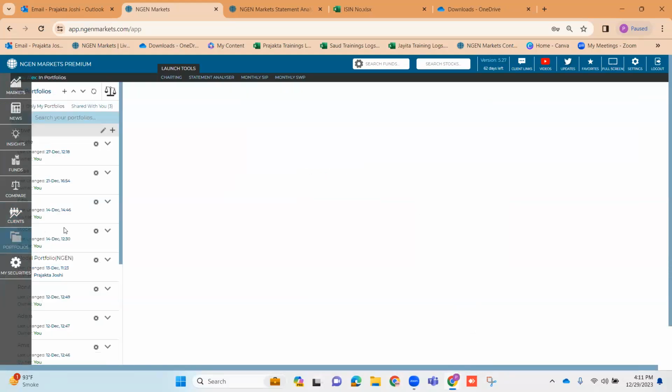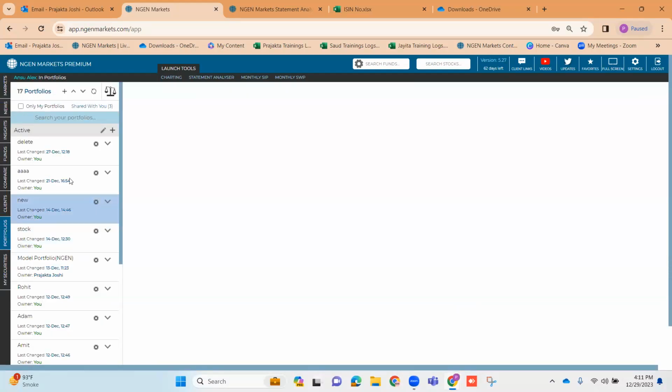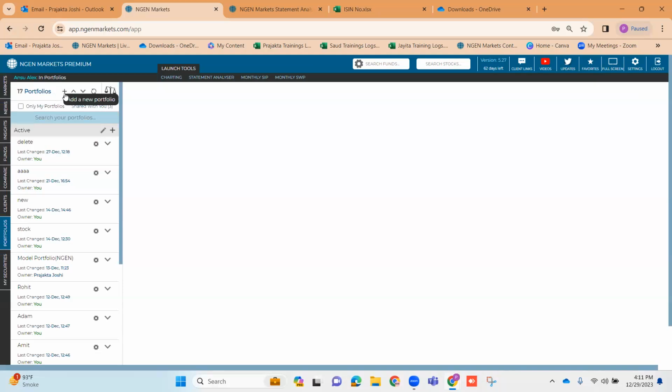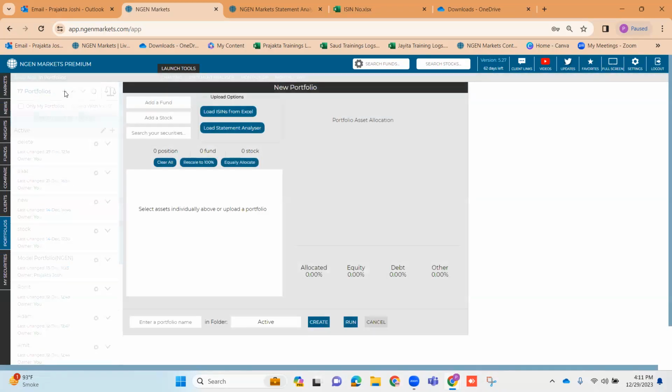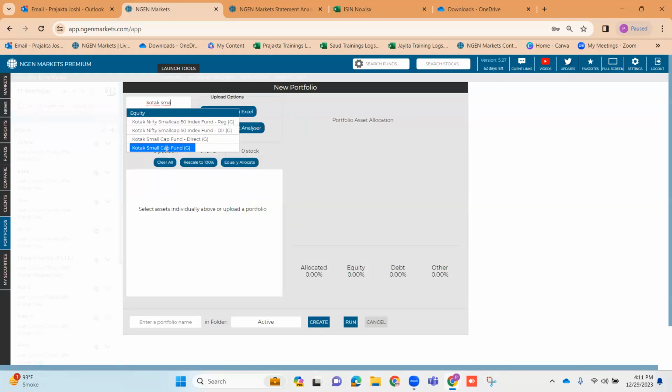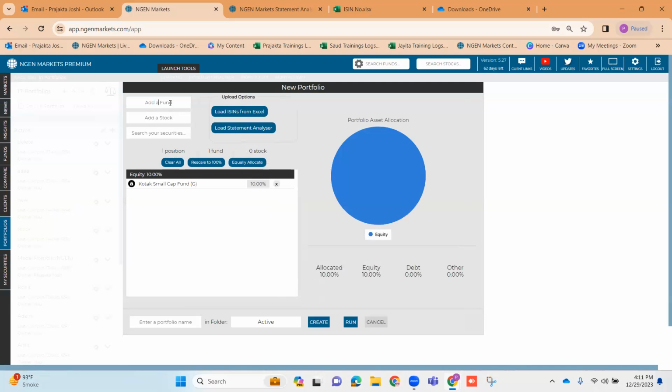So the next method of onboarding the client portfolio onto the platform is we go onto the portfolios tab, which is right below the clients tab. You can see here a plus icon. You just click on this plus icon and you have an option to manually put in the name of the funds. For example, I take in Kotak Small Cap. I put in the name of this fund, maybe one more, Quant